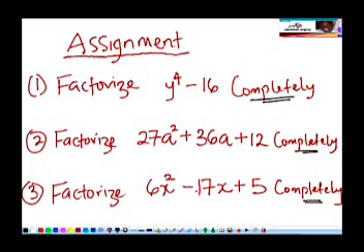Take a look at this very well. Factorize 27a squared plus 36a plus 12 completely, and the third one says factorize 6x squared minus 17x plus 5 completely. Make sure you are able to do this, and the moment you can solve this, you are good to go with any aspect of factorization that relates to the difference of 2 squares, perfect square trinomial, trinomial factorization, and factorization of linear expression, which we